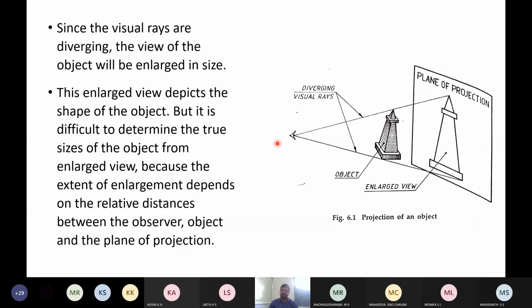Since you are viewing from this direction, you are able to see the details which you are able to see from this direction.